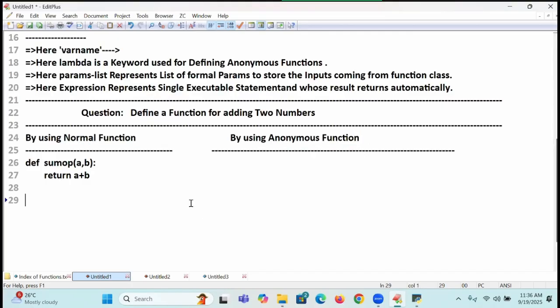Important. So, come to the main program. Students, you need to read. To understand my lectures, you need to read. What is sum OP here? What is sum OP here? Function name. Every function name in Python is